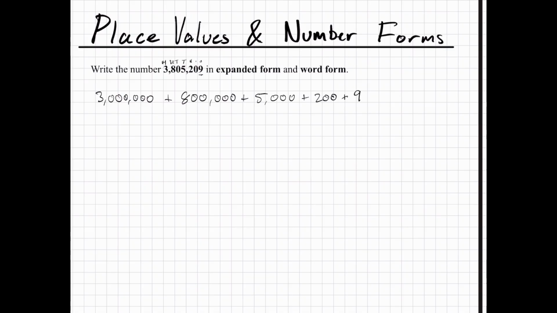So this is expanded form, and if we wanted to write it in word form, we would say 3,805,000 209. So that is the expanded and the word form of the standard number